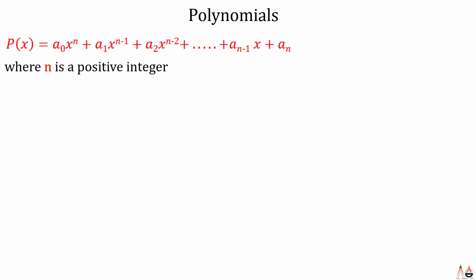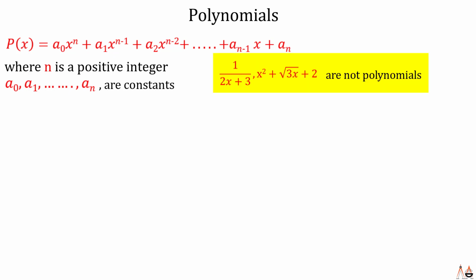A polynomial p(x) is given by the term a0 x raised to n plus a1 x raised to n minus 1 plus a2 x raised to n minus 2 and so on till an, where n is a positive integer and a0, a1 till an are constants. It is important to note here that when we get a term like 1 over 2x plus 3, because we won't have a positive integer n for those values for x, those will not be thought of as being